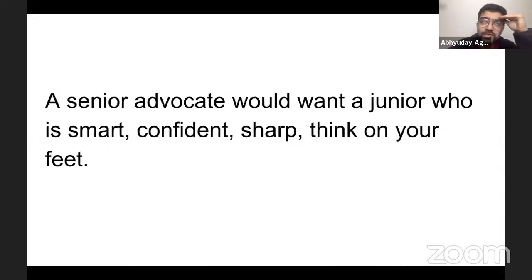Okay. So can you, like, imagine computer programming. Can you think on your feet, out of the box, be sharp if you don't even know computer programming? Or you will need to have a programmer. First you have to learn programming, and then you have to use both your out of the box skills and programming skills, right? Now if you say I'm just a very sharp thinker, I'm the best debater, I won parliamentary debate, I won Model United Nations, I won so many moot courts, now I'm very confident, smart, I can think on my feet. Will a senior advocate or advocate on record confirm you? That is the question. So you have to know the Supreme Court work first.